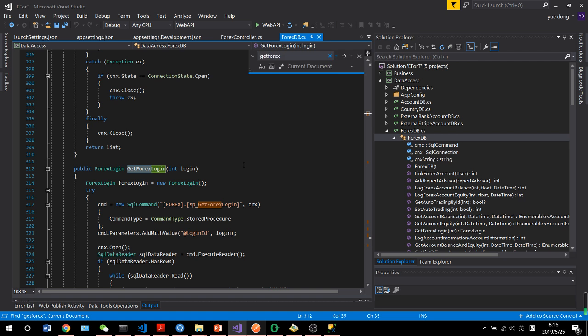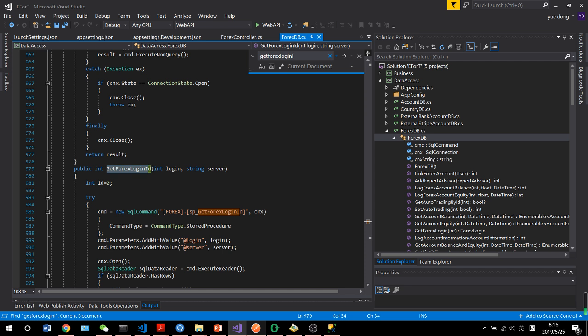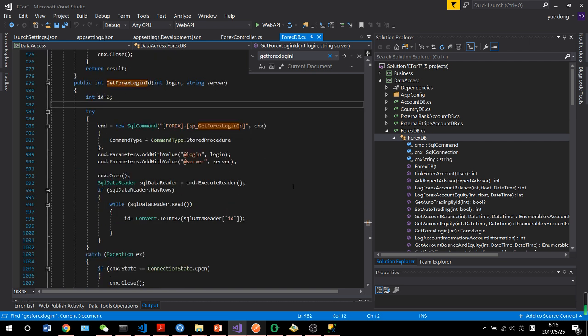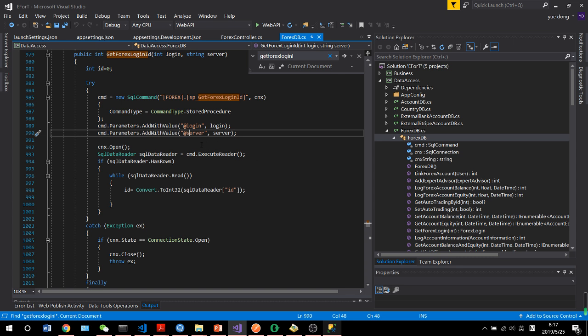Okay, here we have the GetForexLoginID function, and you will see the first part is called the procedure. The procedure is in the database. We will talk about that part later. So you get two elements. They are login and server. We name it login and server, and we use these two elements in the